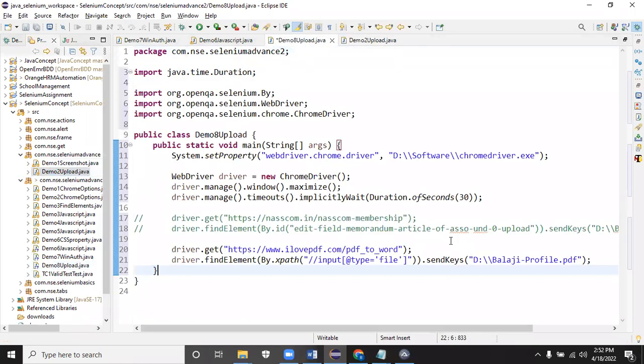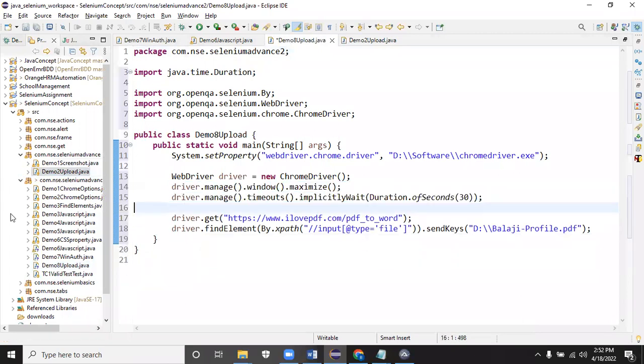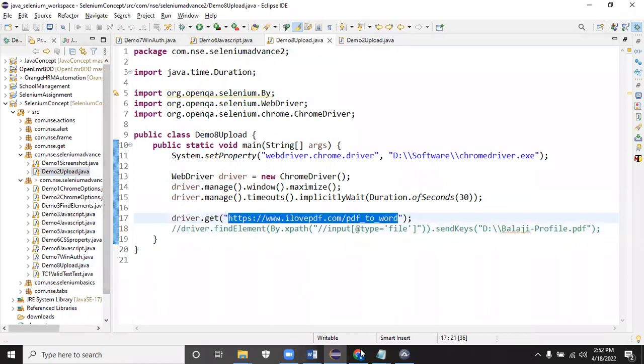If the option is not supporting, this is the preferable option, uploading. So if this is not supporting, then you will be trying to create an AutoIT script. To create the AutoIT script, first we have to navigate to this URL. After navigating to this URL,